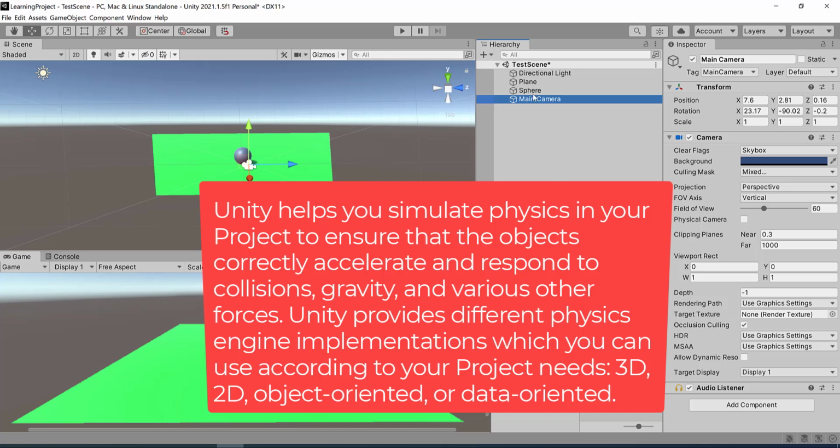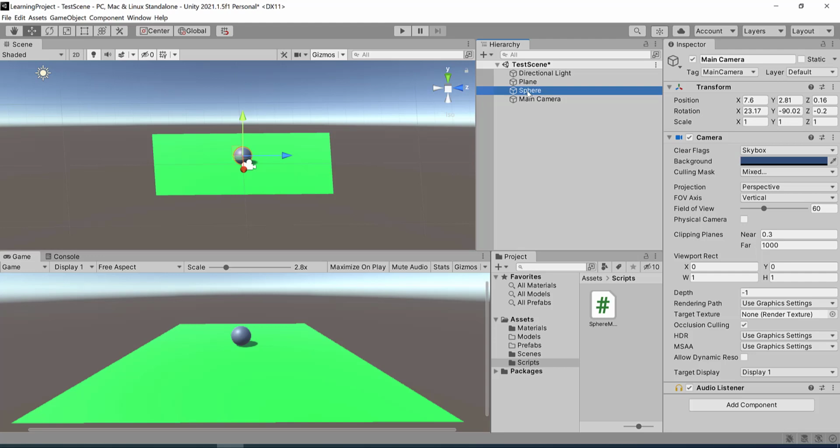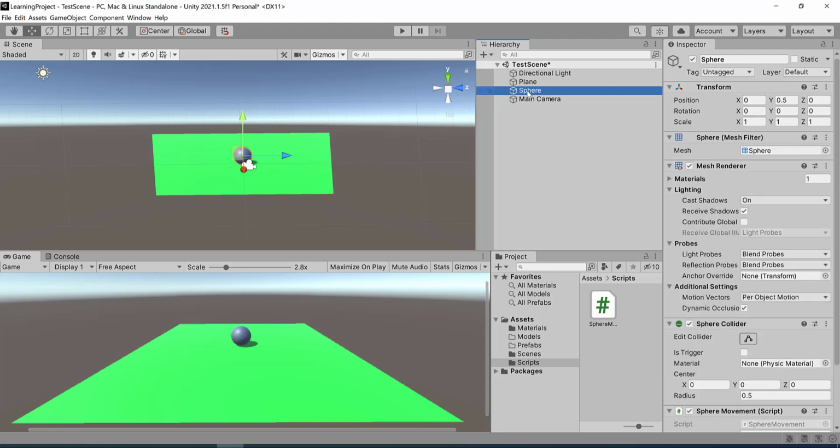Now, if we want to move this sphere game object using the physics engine, then we need to add a very important component which is called rigid body. The rigid body component can be attached in two ways.